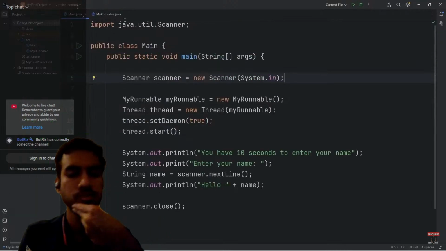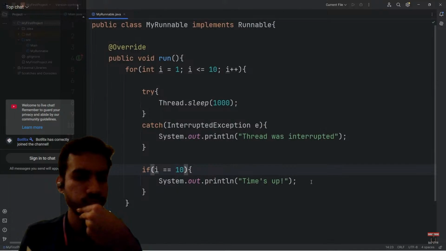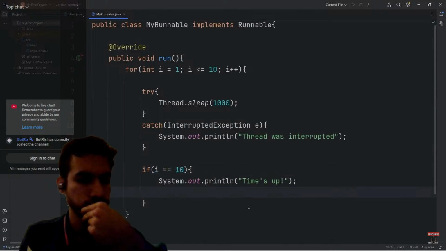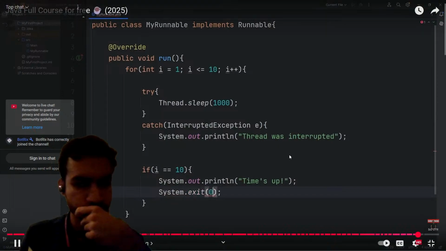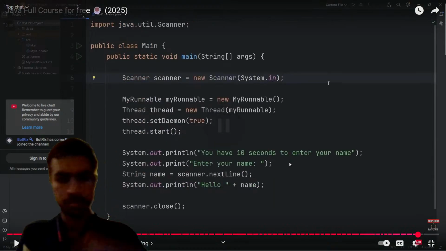Optionally, what you could do to get your program to exit, go to your runnable class. Wherever you would like your program to exit, when seconds equals 10, that's where I would like to exit. To exit the program prematurely, I can access System, call the exit method, pass in an exit code of 0. That will end the program. All right, let's try